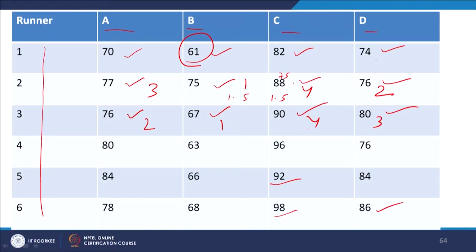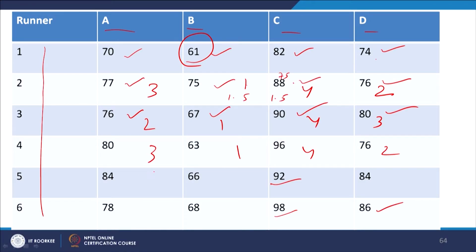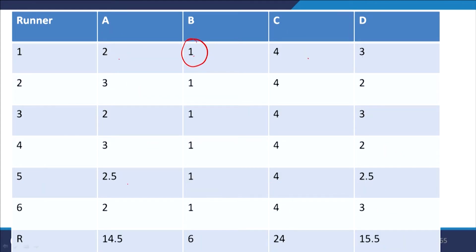Okay. Similarly, for other rows, 1, 2, 3, 4 goes on, right. So, in this table there is a similarity, for this value you see this is 1, this is 2, this is 3, and this is 4. Now, when you come to the rank for this value, what should it become? 2 plus 3, 5 divided by 2. So, each gets 2.5, 2.5, right. So, you have done it.